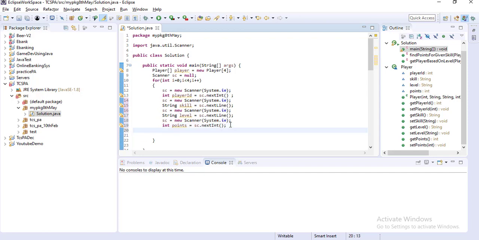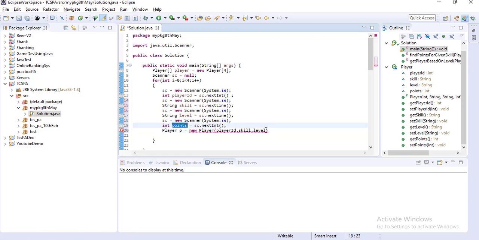Then you have to create one player object. So Player p equal to new Player, and give these values: playerId. I have already written the parameterized constructor, so I am calling that constructor: new Player, then playerId, next one is skill, next is level, and next is points.